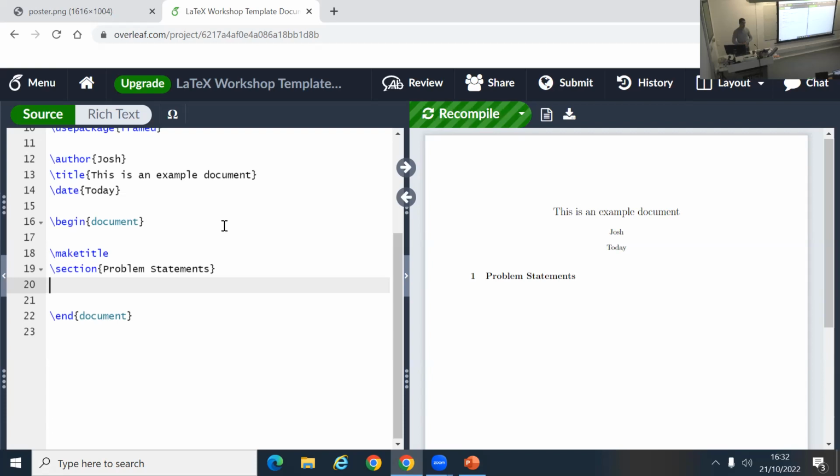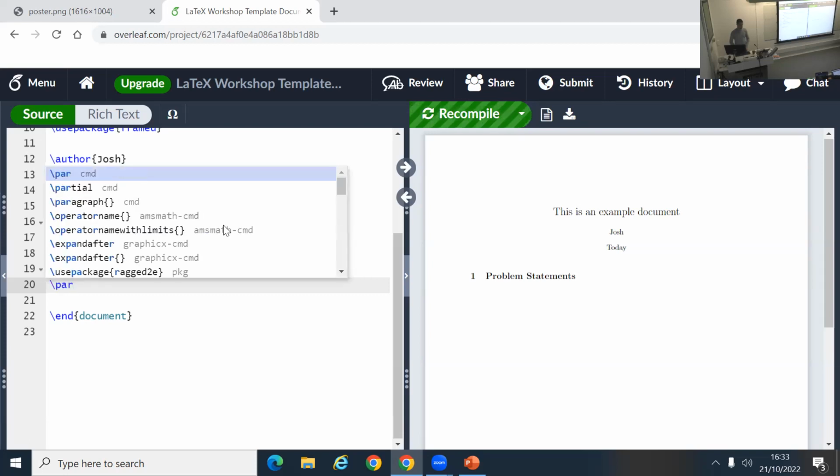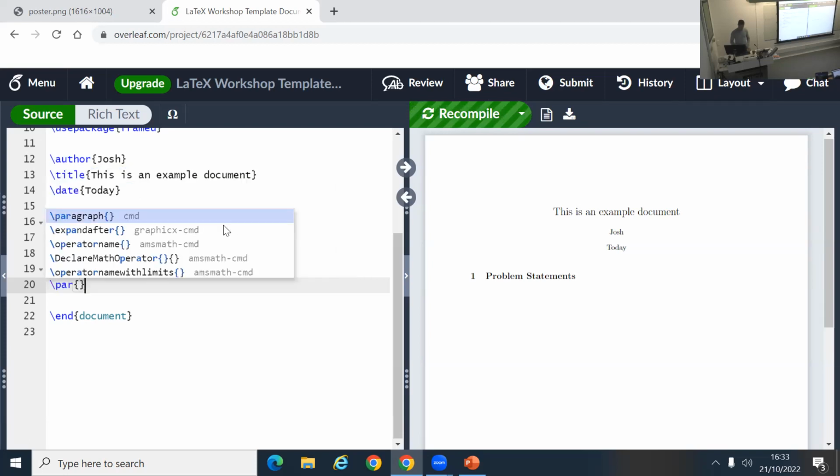So in order to actually start this paragraph text environment, I know that I was just saying all this stuff about begin and end being the things that start environments. Paragraph is a little bit different. It is an exception to that rule. For paragraph text, we quite literally just do \par. As per usual, we need our open and close curly brackets, and